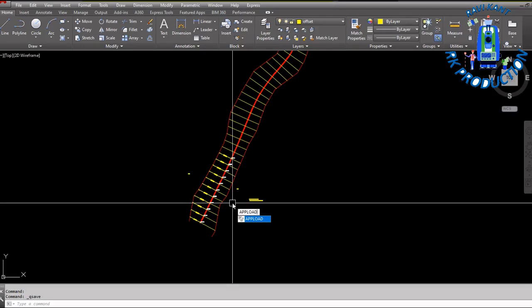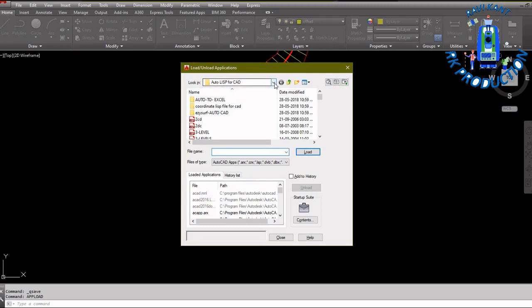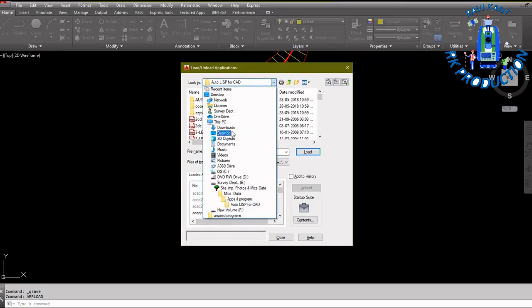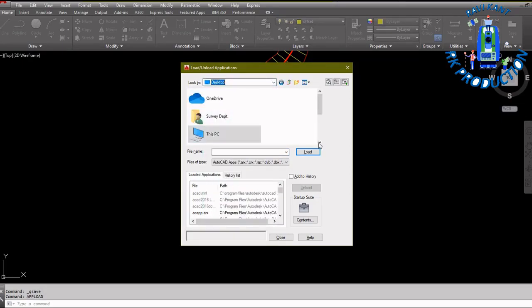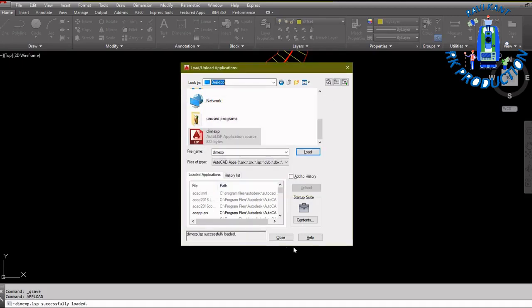Okay, enter. Now select the file where you have stored it. I have stored it on the desktop, so I will click on desktop, and this is DIMEXP. This is my Lisp file. I will load this, load, close.